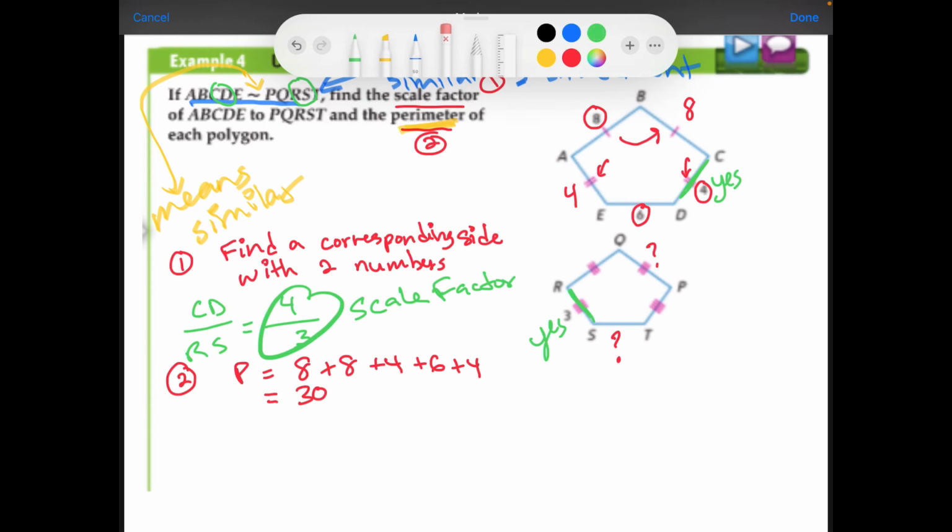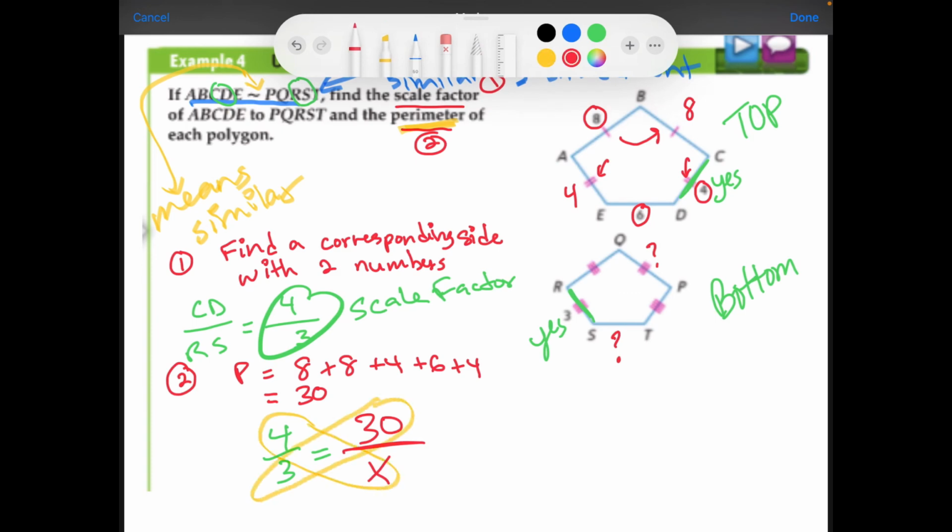And I think it was 4/3. We're going to write a proportion, and the corresponding sides, I started with 4, so that means this is the top number, this is the bottom, that's just the denominator. So I went from 4 to 3, and we can start with the top perimeter and the bottom perimeter. So I'm going to say my top shape perimeter is 30, and I don't know my bottom polygon's perimeter. Okay, so now I'm going to do the butterfly method